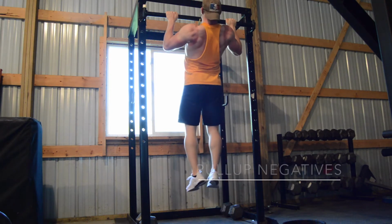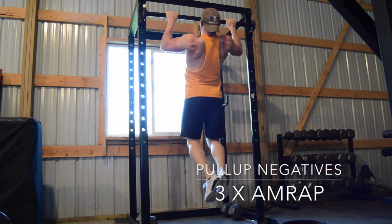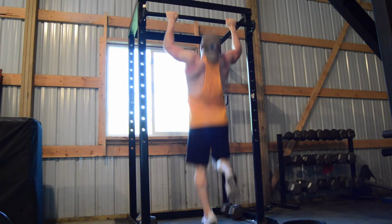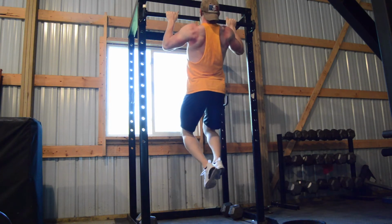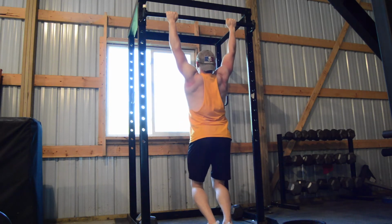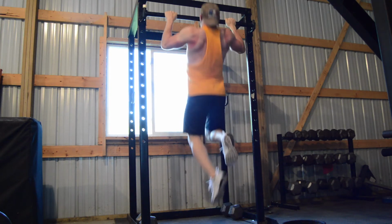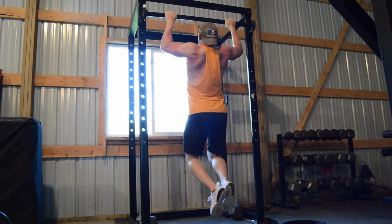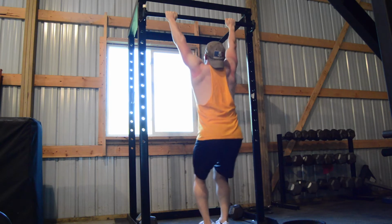So here we got some pull-up negatives, and for these I'm jumping up to the bar and slowly and very controlled allowing myself to fall down. And this is a very good way to really stretch out the lats and really do a lot of damage to some muscle fibers, which will create more